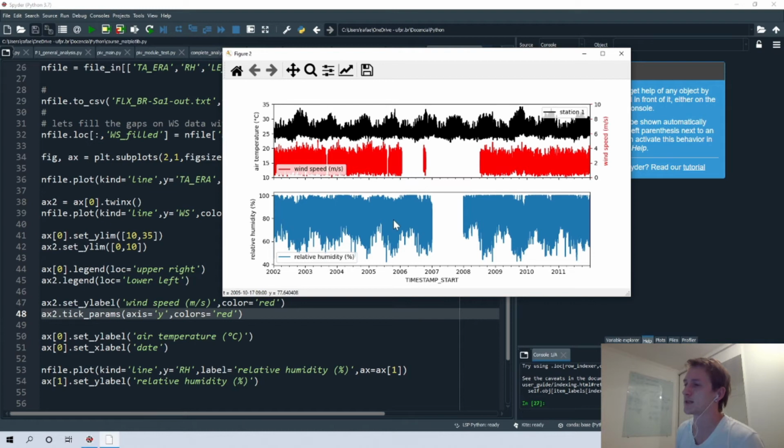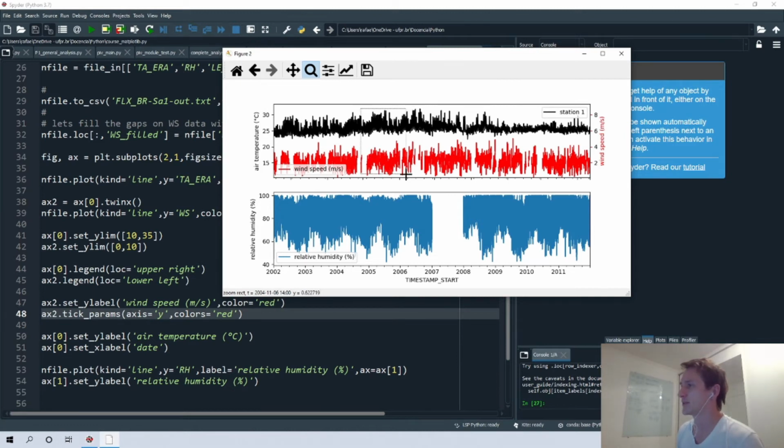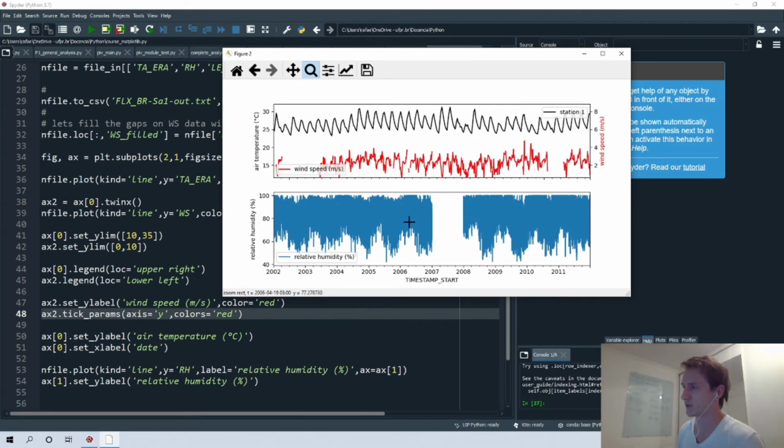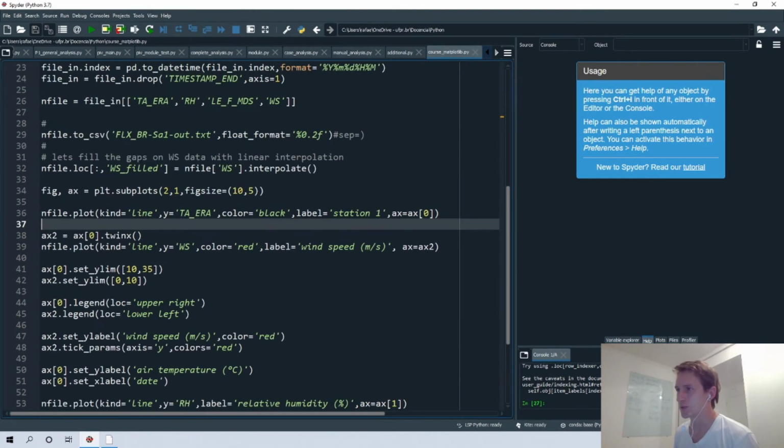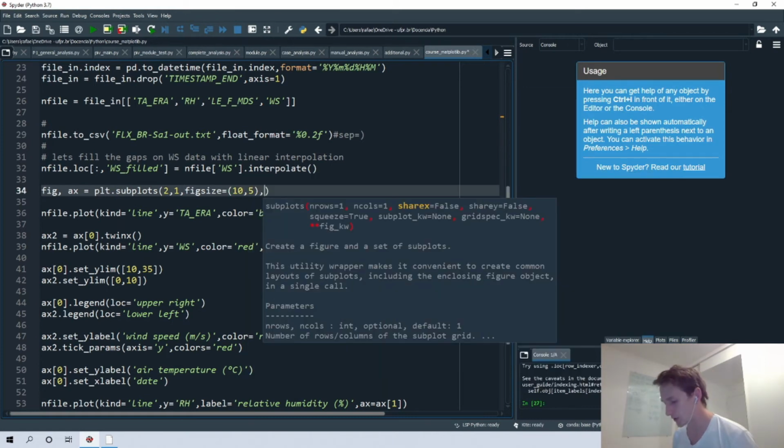Okay, so another thing that sometimes is really good here when you have this interactive panel, sometimes you can zoom in or zoom out, but you can see that when I zoom in this first graph, we don't have that same pattern here. So I just see this zoom in the first panel, in the first graph, but we can share the axis. So in the subplot function here, when you define the figure, you can include, for example, the share property.